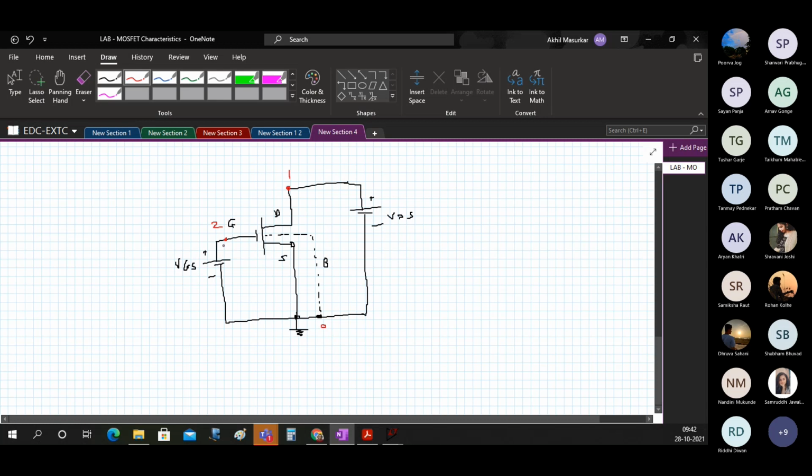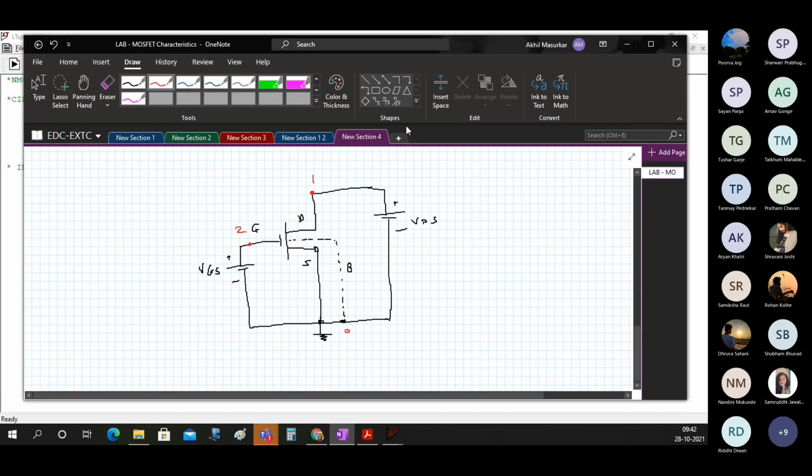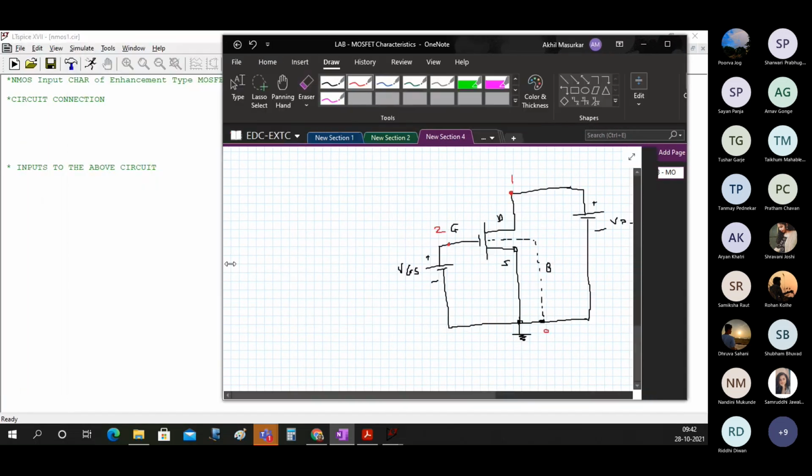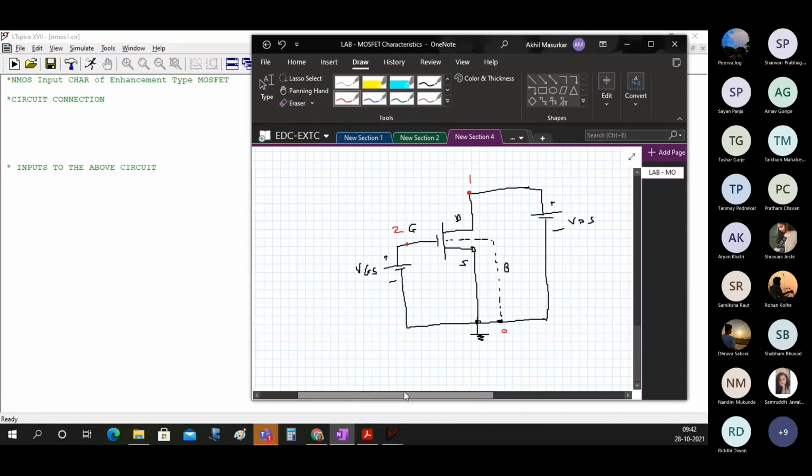VGS is connected between 2 and 0, and VDS is connected between 1 and 0. Okay, so this connection we have to specify in SPICE. Let's see how to specify this in SPICE.